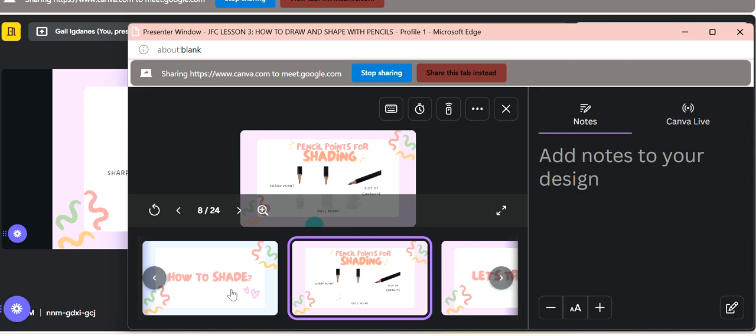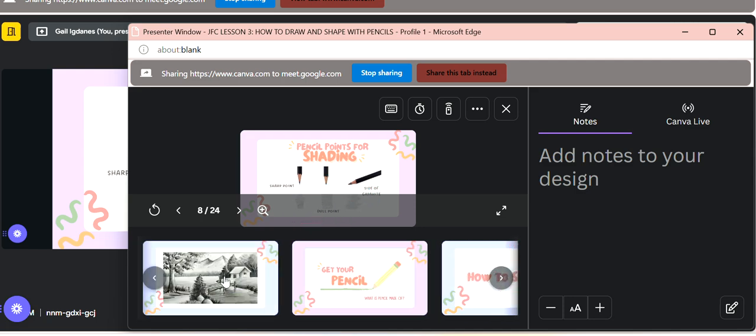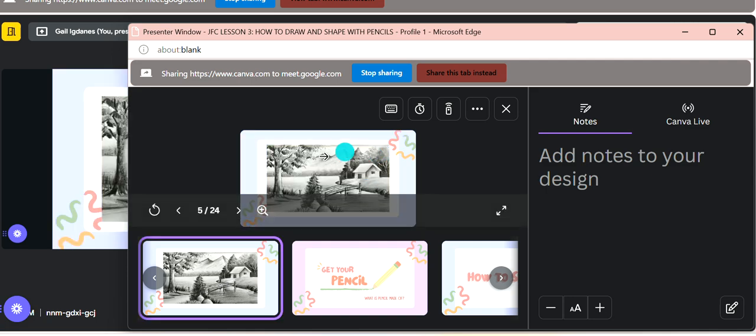It is used to create darker shadow for this one. Those are the outline, and then as you go inside, there's a shade there. So usually we use the dull point, the blunt side, to create those shadows.